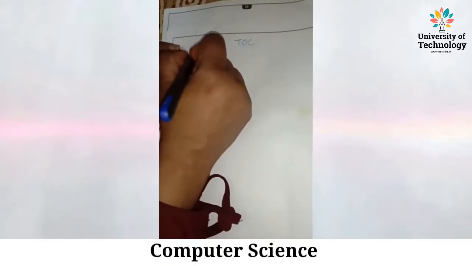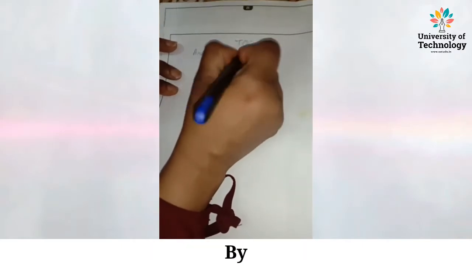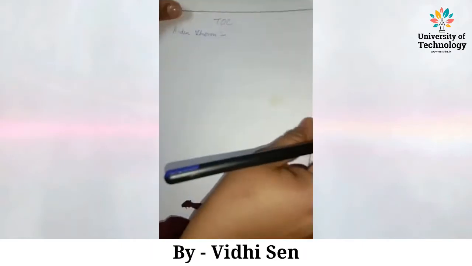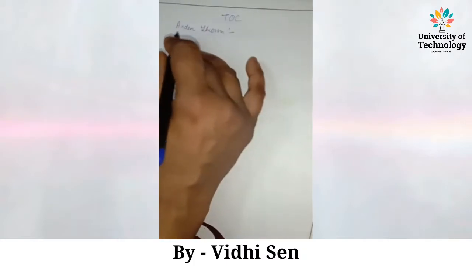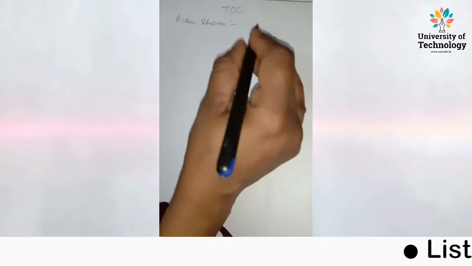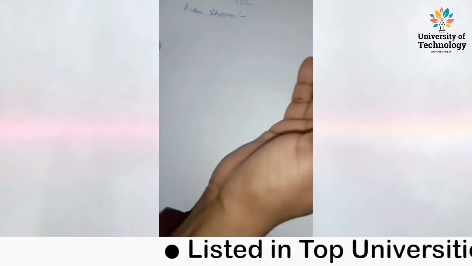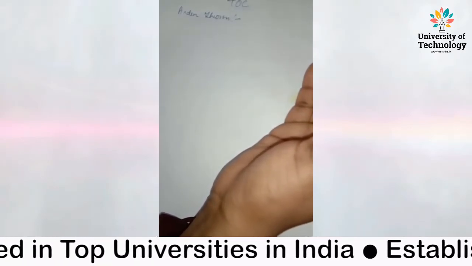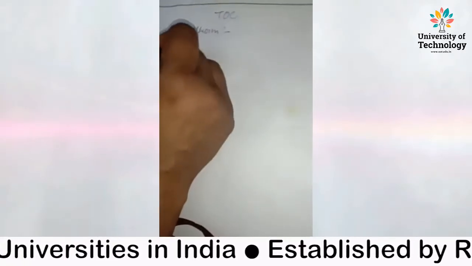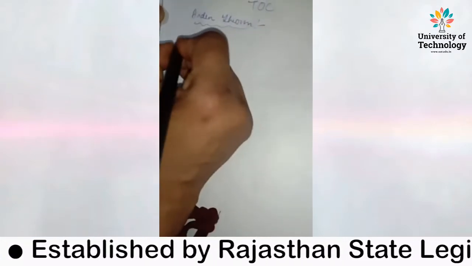What is Arden's theorem? See, the maximum number of questions or maximum marks that come from Arden's theorem based questions is generally 5 marks or 10 marks. Some finite automaton must be given to you, and you have to convert it into a regular expression using Arden's theorem. So let's first prove what Arden's theorem is all about, right? So what is Arden's theorem?